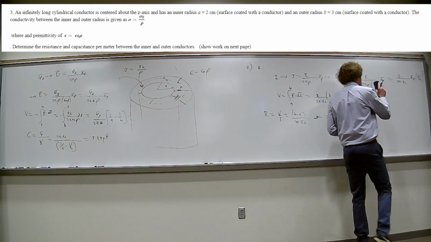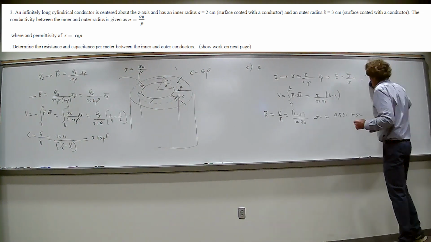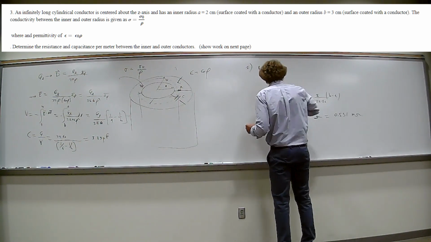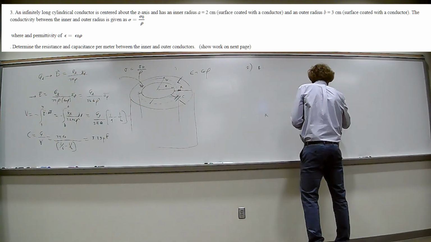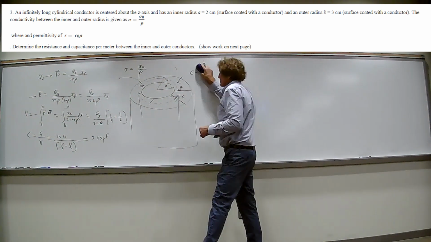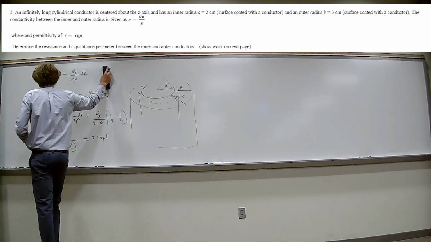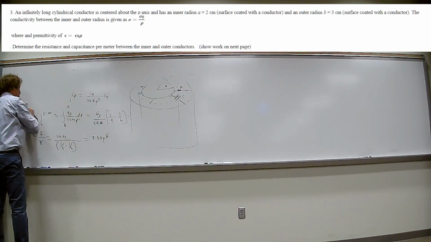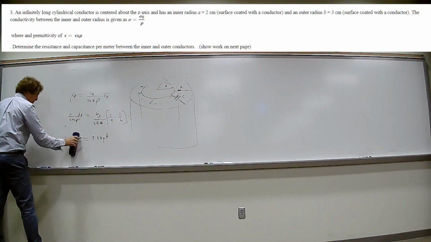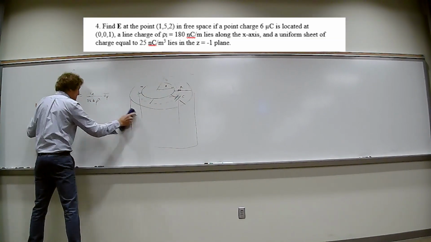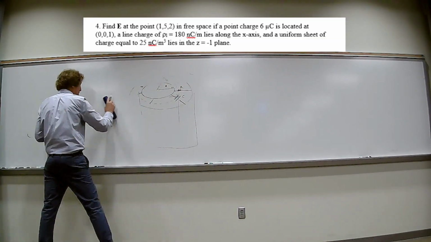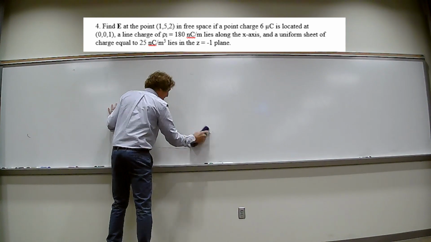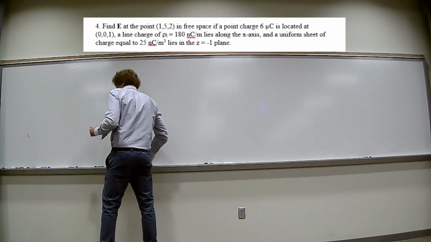Finally, the last problem is just 3 different charge configurations, and I want the total electric field from them. This is just making sure you understood the basic electric field mapping from either a line charge, point charge, or surface charge. And for that one,